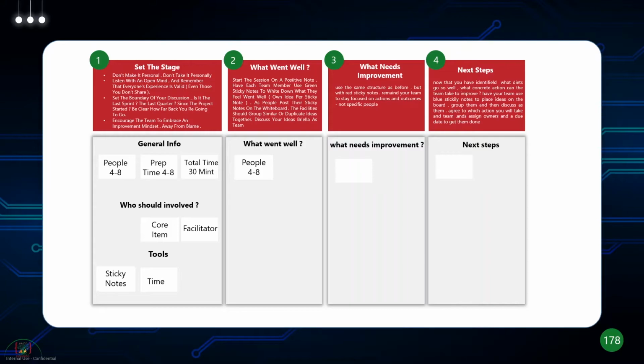The Scrum Master will be the facilitator, and the tools that you'll use are sticky notes, or you can use some virtual tools to make notes. Always make sure, don't make it personal, right? And don't take anything personally. You have to have an open mind. Everybody's experience is valid,